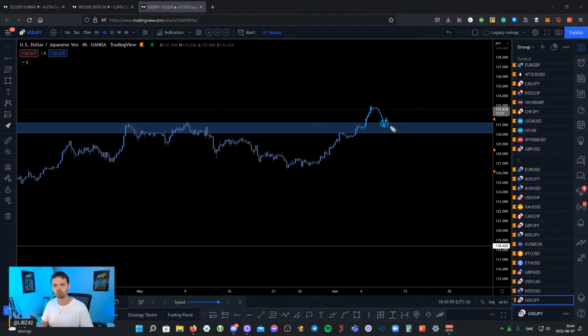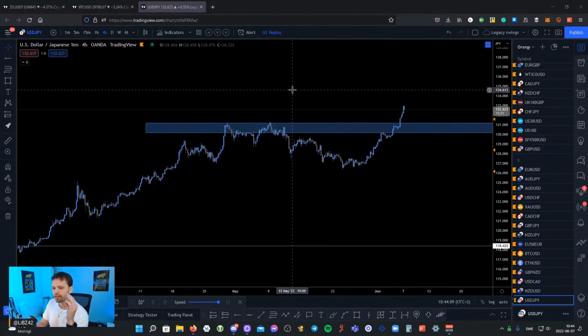Now you can use bullish engulfing, bullish pin bar, hammers, whatever, and you can use stochastic RSI like I do to find confluence. What I'm trying to say here is keep it very simple. Keep it very simple. So I'm pretty sure that whatever YouTuber you're watching, they're going to have some type of